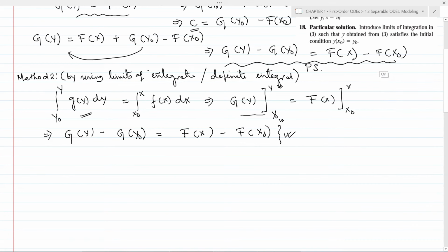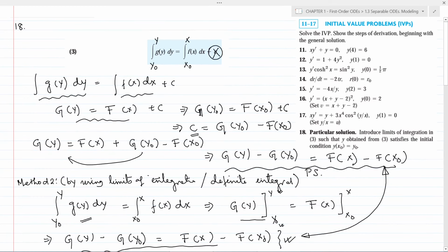We see that these two are the same results. The first one we got by following the usual method we have been following till now, that is by first calculating a general solution, then substituting the initial condition, getting the value of c, and then substituting the value of c into the general solution to get the particular solution. The second method is the easier one, in which we put the limits of integration, and using that definite integral we directly got the particular solution.